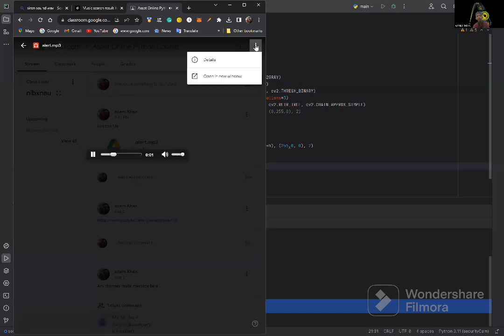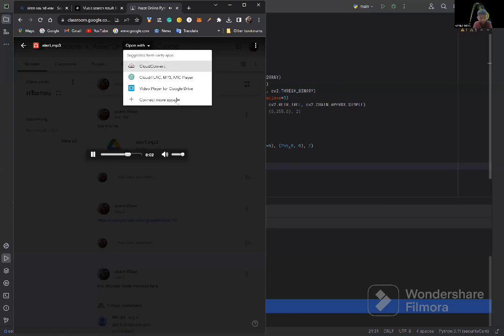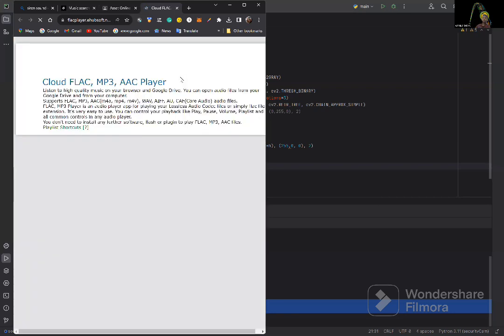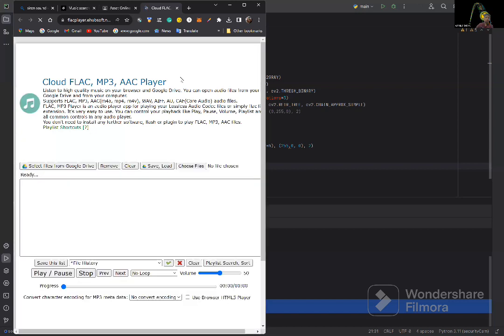Click on these 3 dots, or not really even the 3 dots, you can use this, and then open with, I don't know which one. Right. So I have play, pause, stop, and then